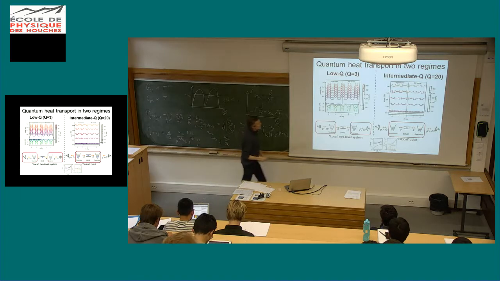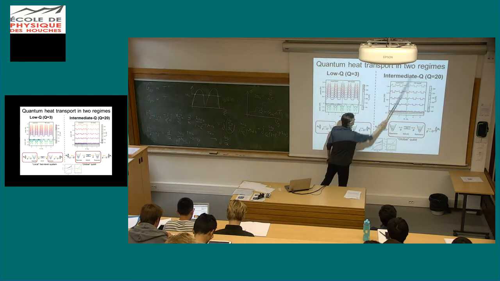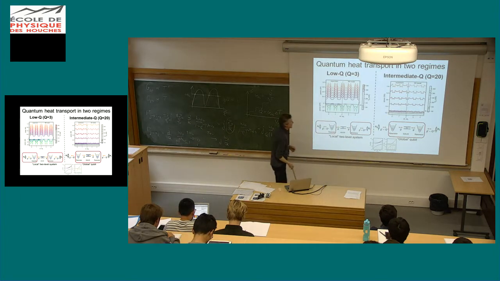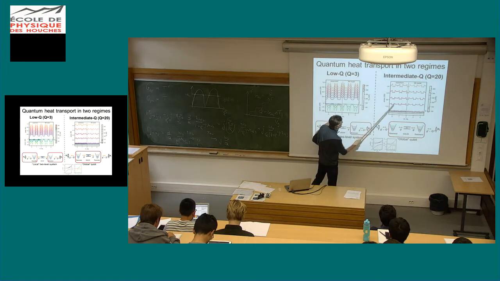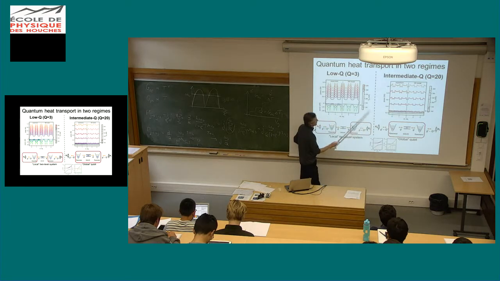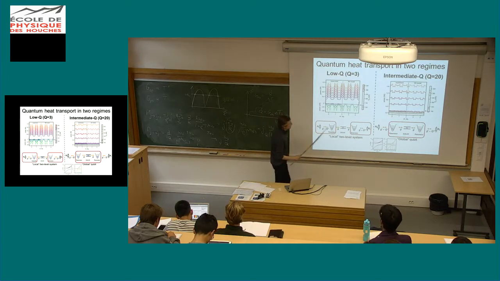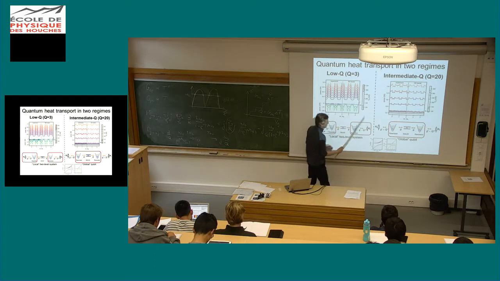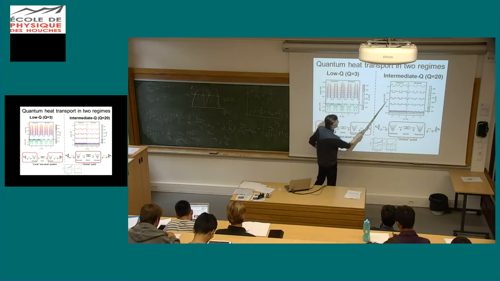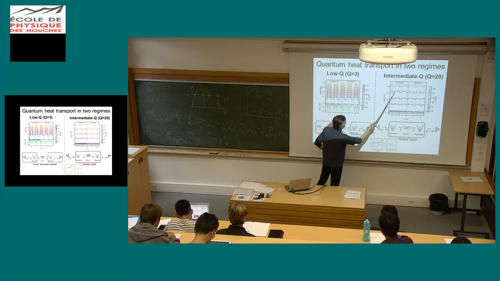But then we increase the quality factor by about an order of magnitude by just making this bath less resistive. And then the experiment looks very different. So you can see here, this is the similar setup. Again, we measure the power as a function of flux, and you can see that now there are not these Lorentzian peaks, but there are some features in the temperature